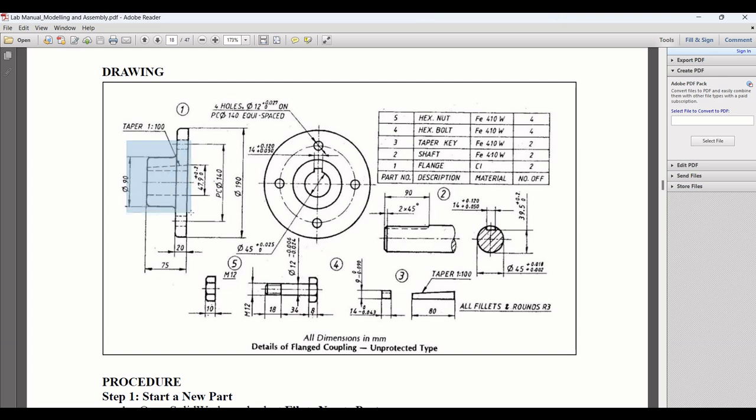I'm going to design this part, a shaft for 90 mm dia, and then extrude length we can find from this, so 75 minus 20. Okay, the solid shaft should be of a dia of 90 and then extrude should be for 55 mm, 75 minus 20. This shaft is having a hole, the diameter of the hole is 45, so you can get it from here, this view. Okay,